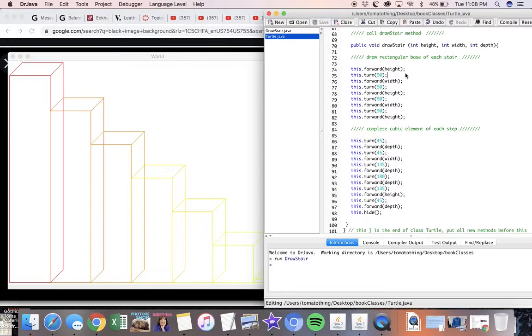So you can see that we have public void drawStair. That's us calling our drawStair method. The public is the access modifier. It's one of 4 access modifiers between public, private, protected, and default. And then we're going to have the word void following, which means we don't expect any return. And then the name